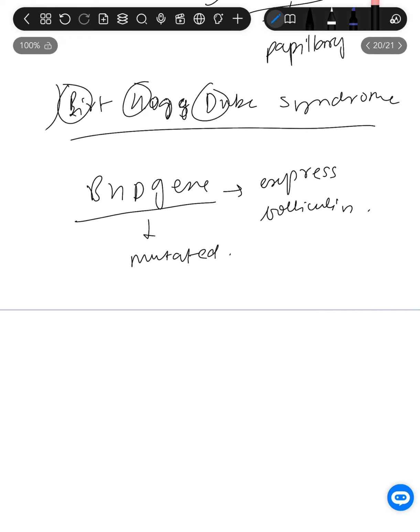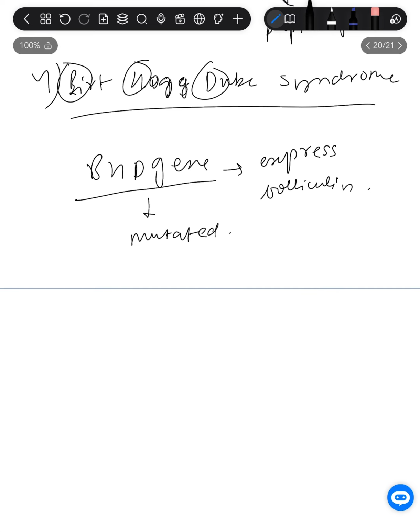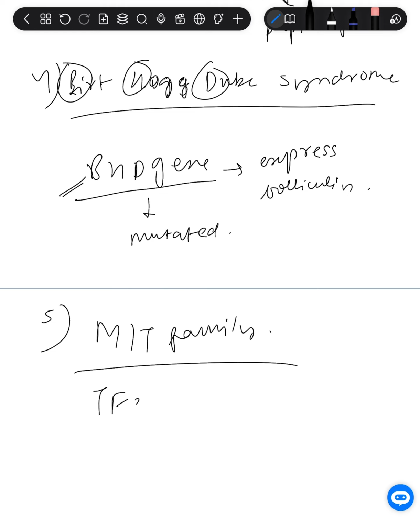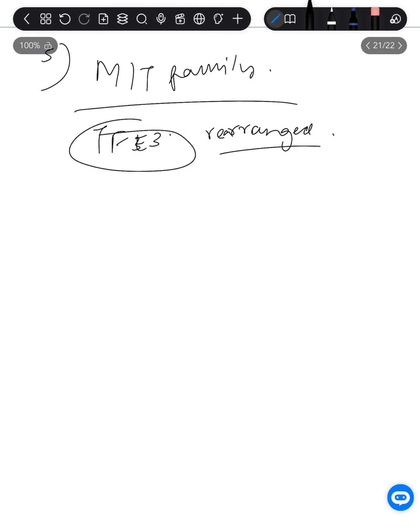Sorry, this is the fourth one. First one we studied was VHL. Second one we studied was MET. Third one we studied was fumarate hydratase. Fourth one is the BHD gene. Fifth one is something called the MIT family. In the MIT family, we have the TFE3 gene. In this TFE3 gene, it gets rearranged. And if this gets rearranged, what happens is,